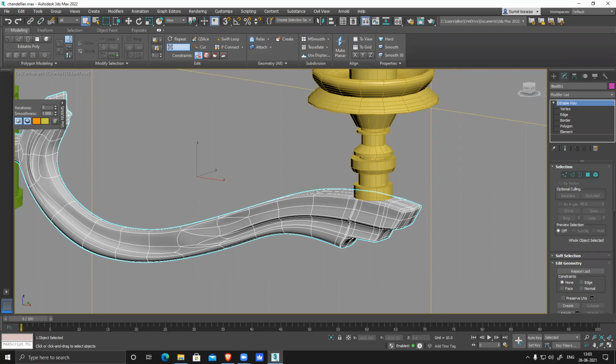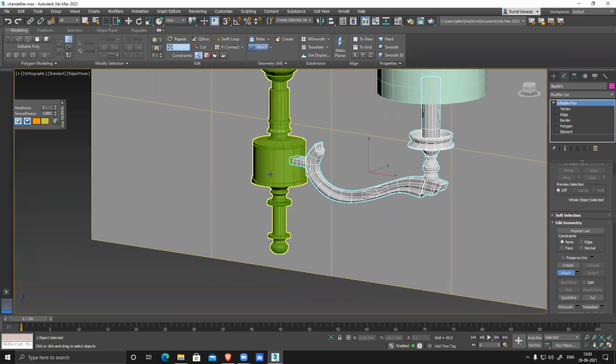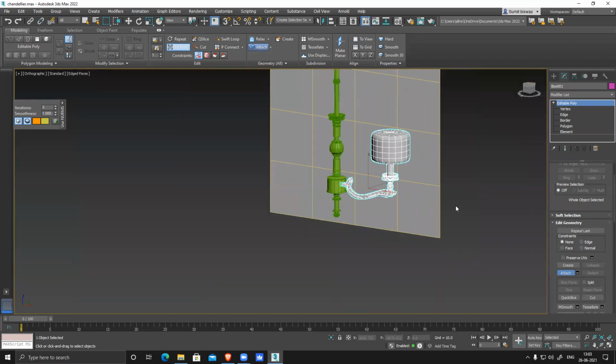Sir, I'm telling you that I tried to make an extra edit poly because the attach thing wasn't working. I tried to attach those things, but it isn't attaching. Let's see how it doesn't work attaching. I just clicked. You can come here and see, because I found that defective. That's why I'm telling you.